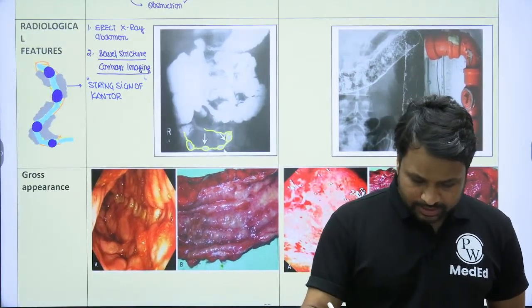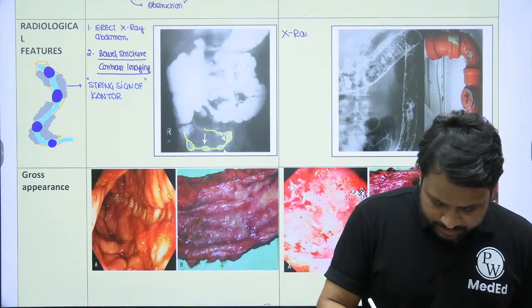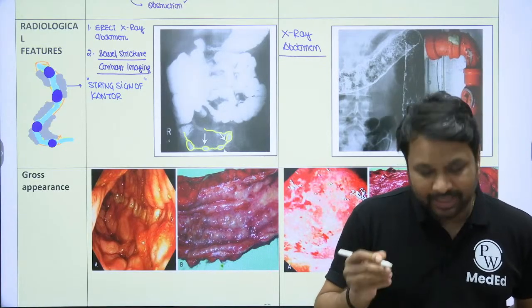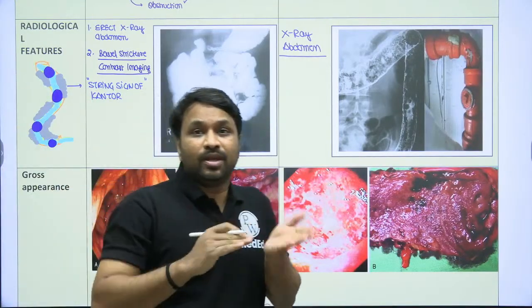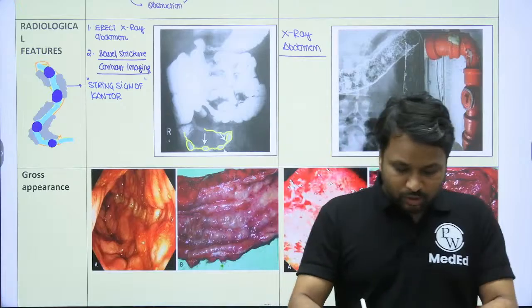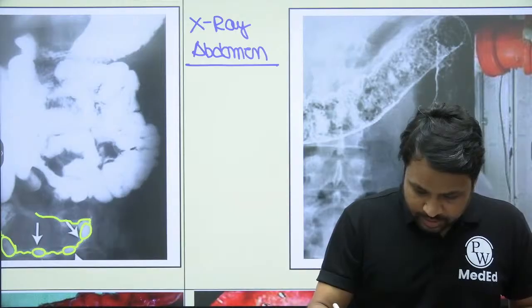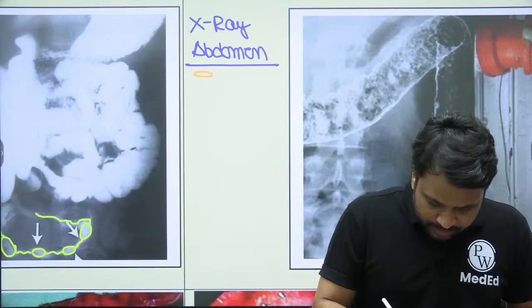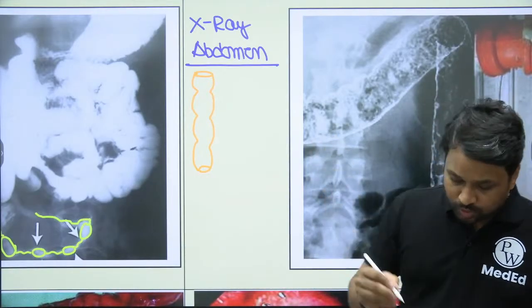On the other hand, when you look at ulcerative colitis, when you do an X-ray abdomen, because the mucosa is going to get involved, repeated involvement of mucosa will cause mucosal fibrosis. There will be flattening of the mucosa. Usually in the large bowel, you have these haustrations, even on the mucosal surface, right? Now the mucosal haustrations,